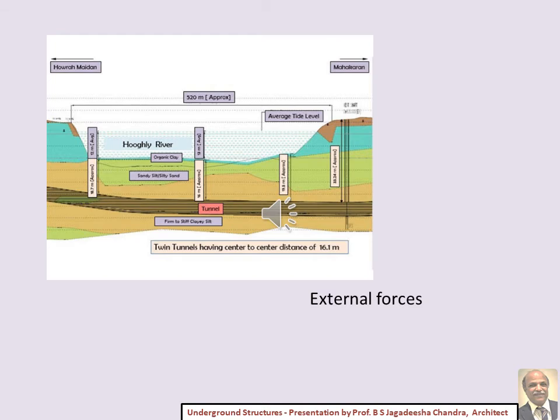In this slide we can see a tunnel below the river. So this is in Kolkata. So you can see for metro they have constructed a twin tunnel which is running below the river. So these are the ways one can think of. That is, even if river is there, you can easily cross that river below the ground instead of a bridge.